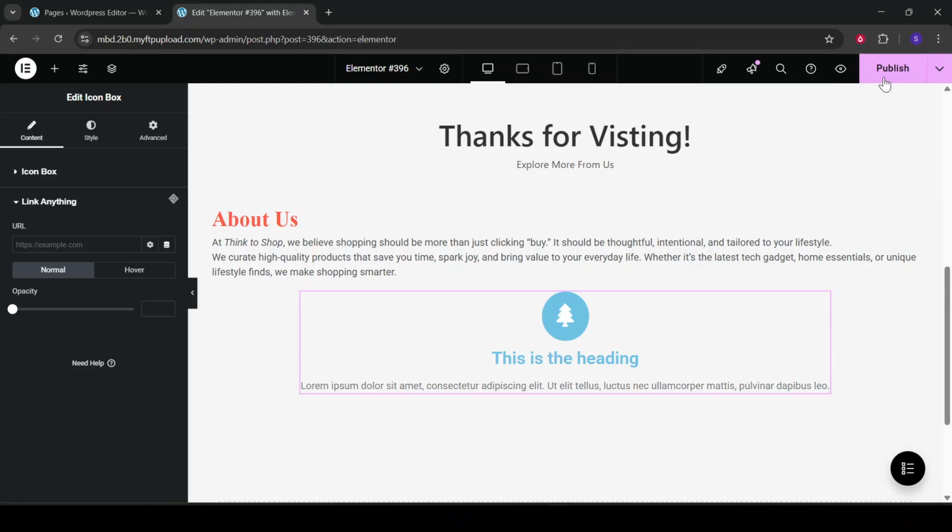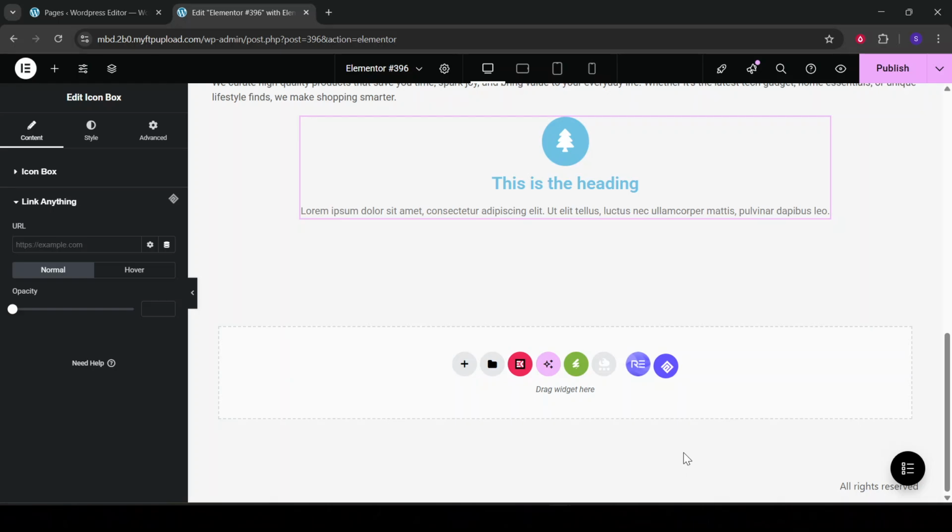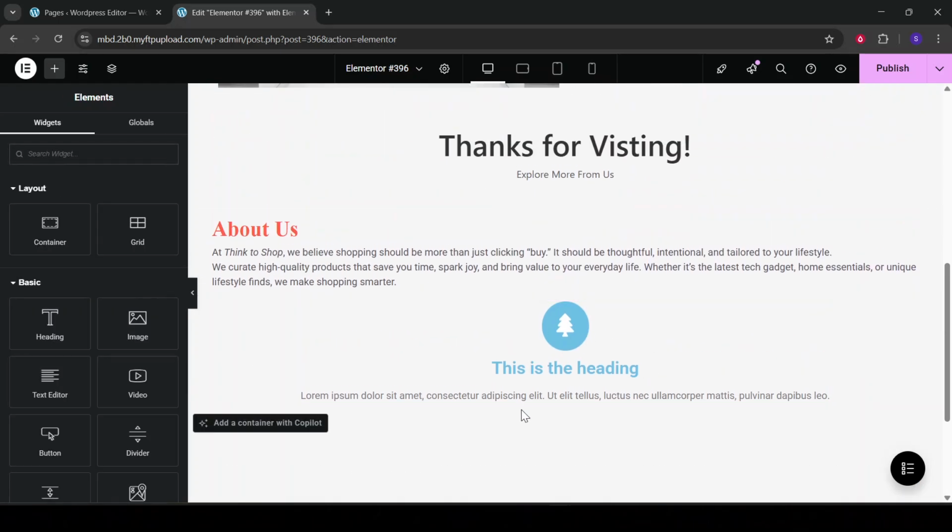And there you have it, adding and customizing an icon in Elementor is a straightforward process that can elevate your